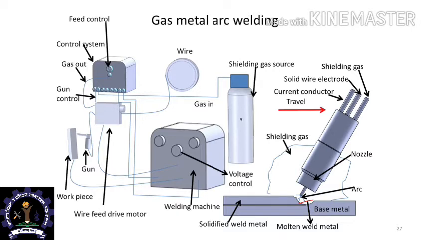Here on the right hand side we have a zoomed in schematic to show you that in MIG welding we have a nozzle and a consumable wire that acts as an electrode and also as a filler simultaneously, striking an arc with the base metal. As the torch moves from left to right on the screen, the solidified weld metal is formed on the base material, leading to the joining of the materials being processed here through MIG welding. The electrode assembly has the possibility to pass the shielding gas, the wire electrode, and any other requirements that are there.